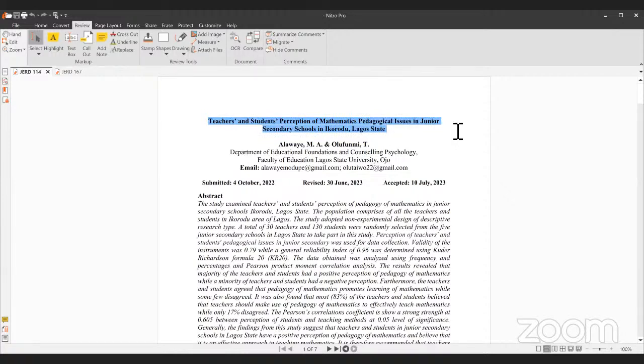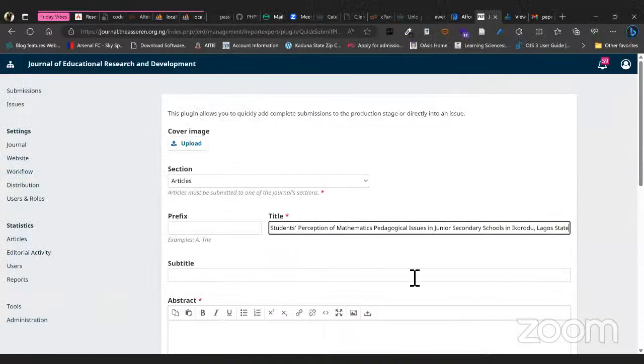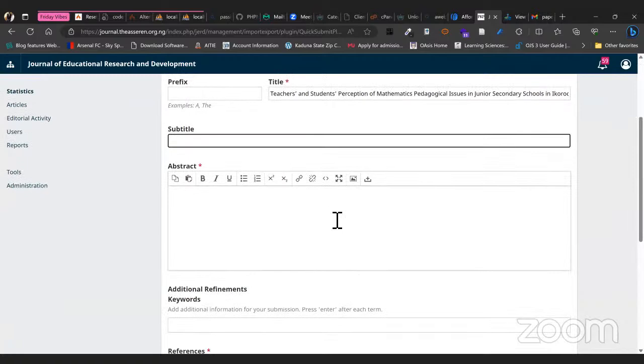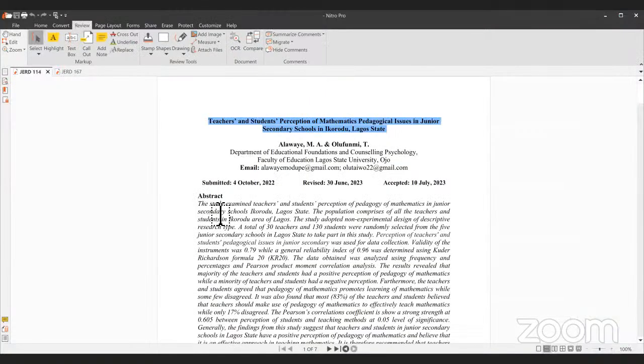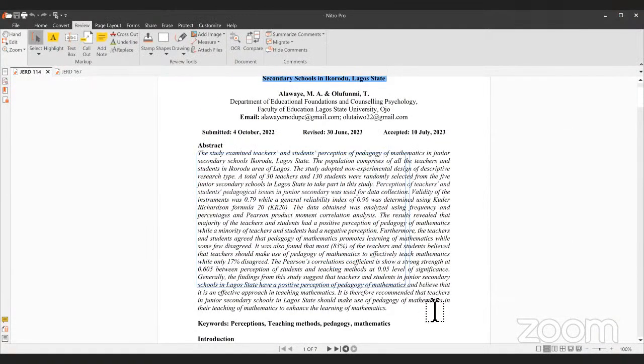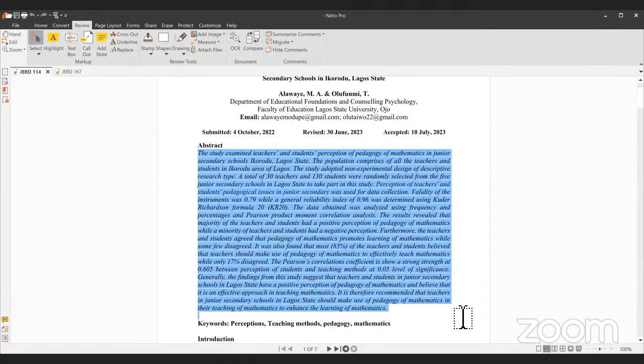We need to be very careful when we're copying and pasting on PDF because some characters may not render the way they should. So I'll just put the title. We don't usually use subtitle here, so we skip the subtitle. Then the next is for me to copy the abstract. So I'll copy the abstract too